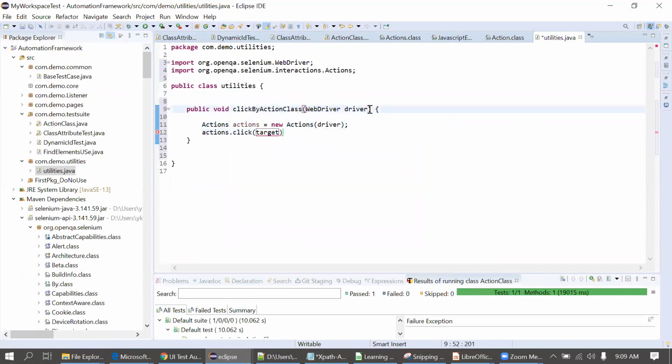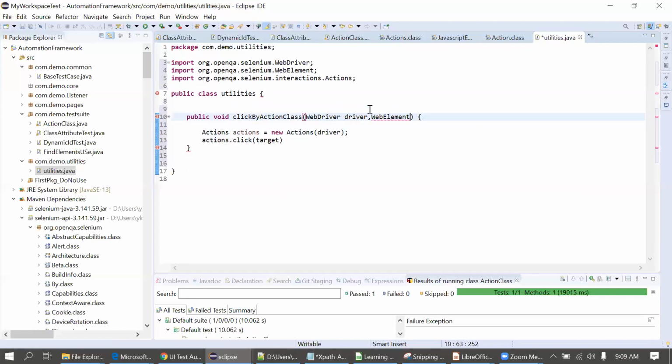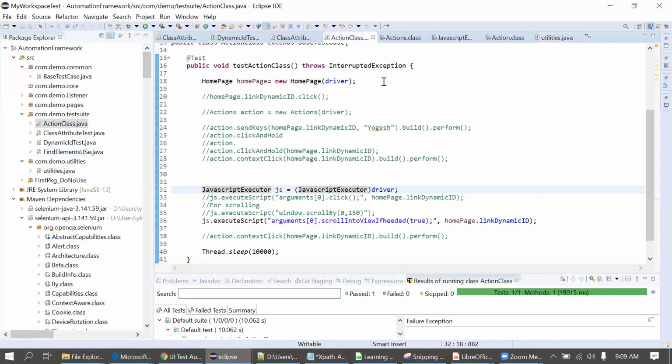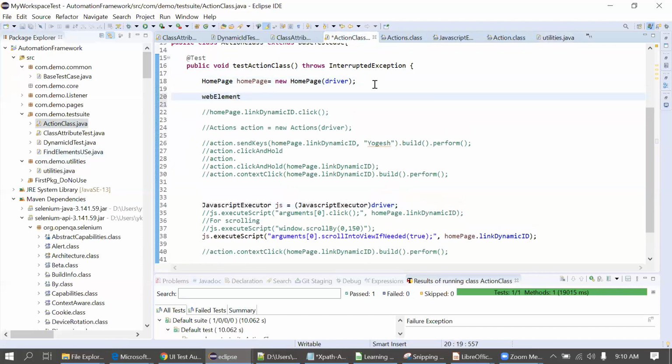Second parameter, I will pass from this method only, the web element. You should know how to create a method, so it will make your task easy. I have created the method. Now, whenever I require this, I will make this method static, so I can access it without using an object of this Utilities class. Now suppose I need it here in some action class. Not this, sorry. I will use this clickBy.